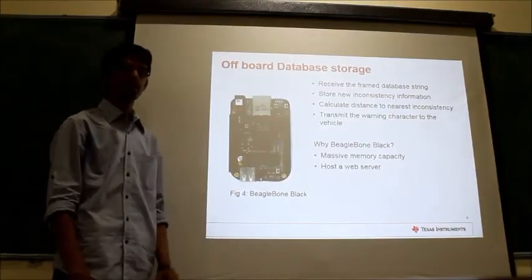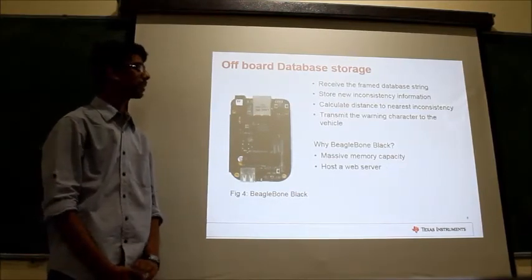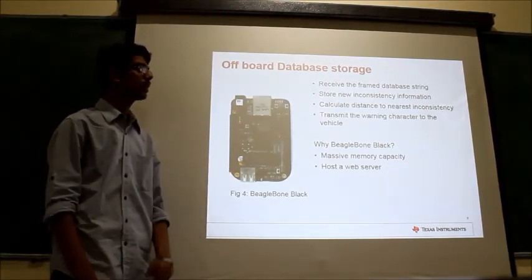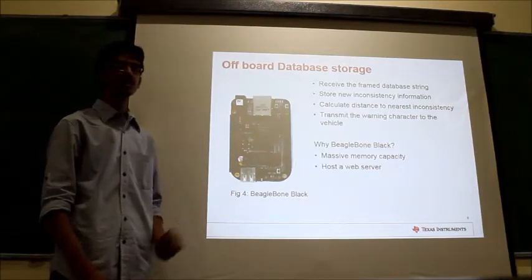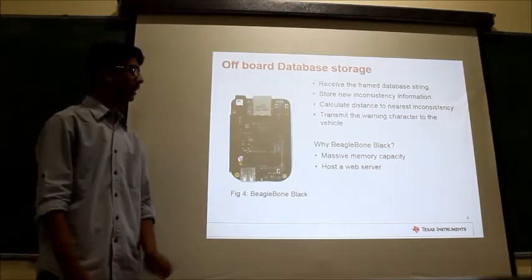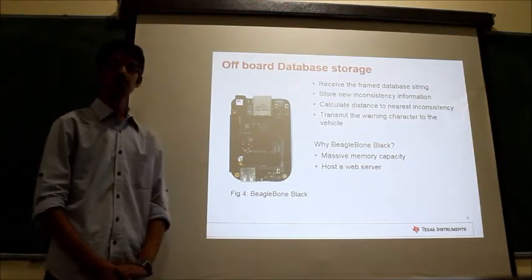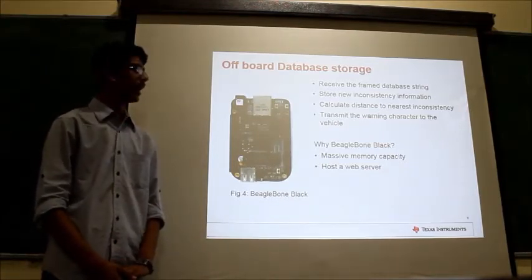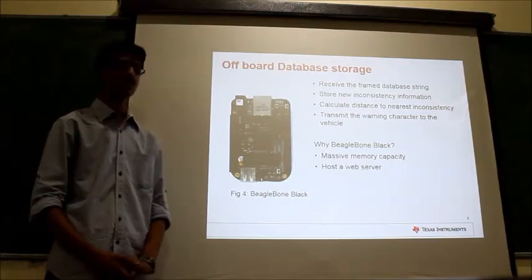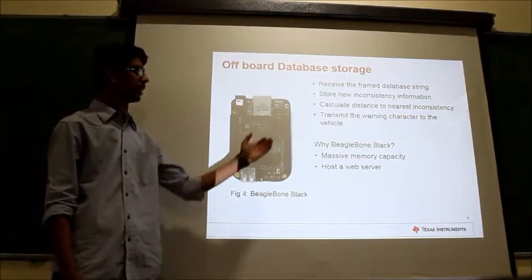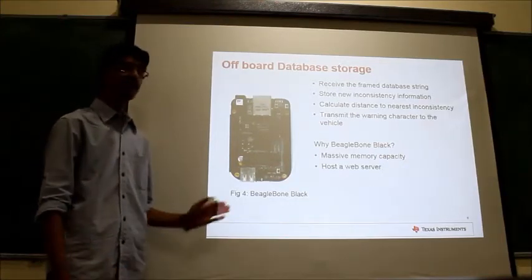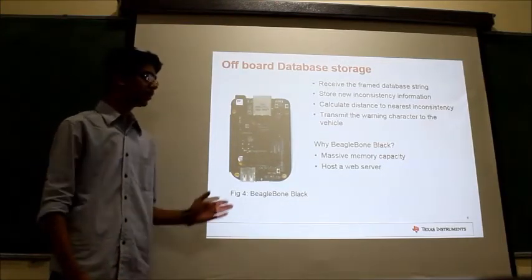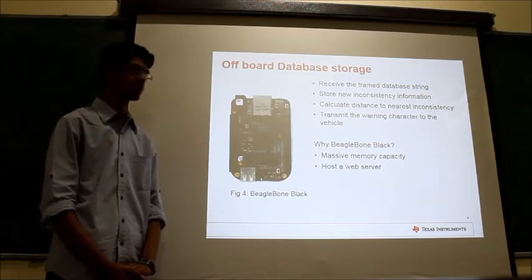For the offboard database storage, we are using a BeagleBone Black. It receives the framed database string which is sent from the vehicle. It also stores new inconsistency information, and the BeagleBone Black also calculates the distance between the vehicle and the nearest inconsistency. If this is within a safe limit, then it transmits the warning character to the vehicle. Why a BeagleBone Black? The BeagleBone Black has a massive memory capacity for a standalone unit,